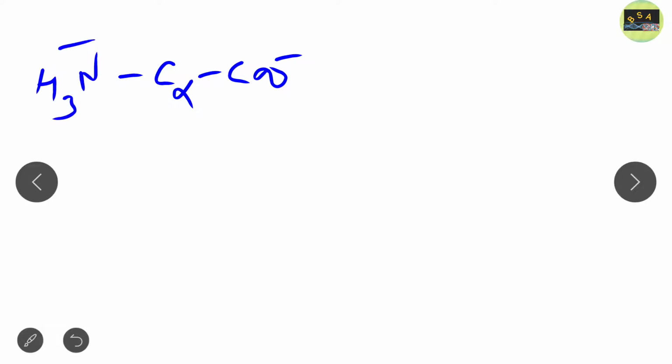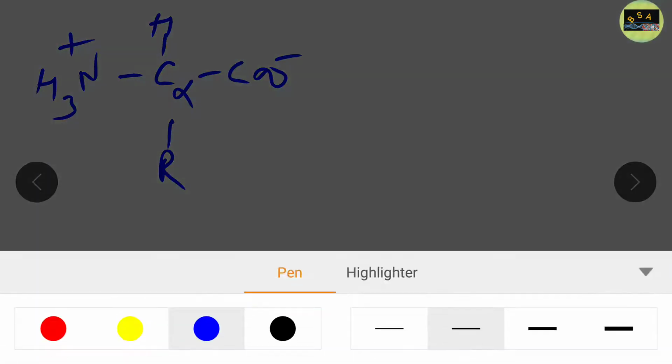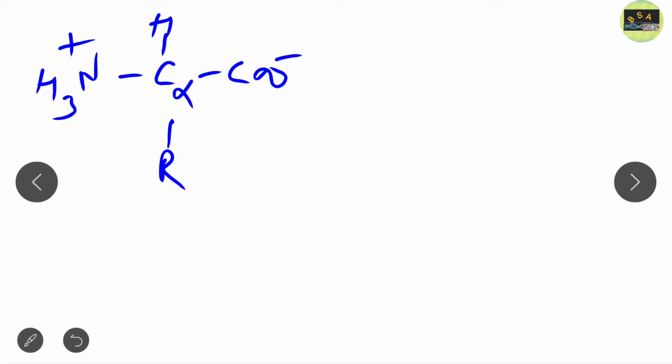Now, I hope till now you have a clear idea about the isoelectric point. Now look at this structure. See, this is a general structure of the amino acid. Clear? This is the structure of the Zwitterion. Now, if we take this general amino acid or Zwitterion and put it in